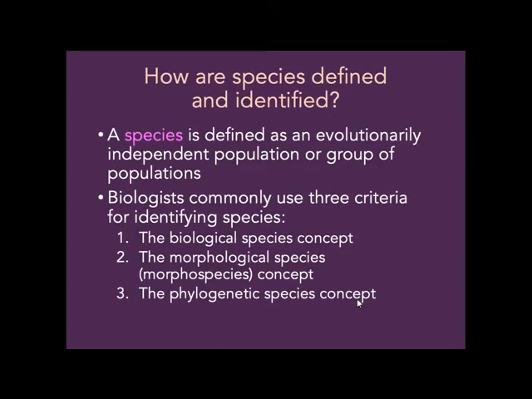Because we have kind of an idea in our mind what we're aiming for when we're talking about a species, but we have to use, in practical terms, different kinds of criteria for deciding whether one group is two species or two groups are one species, etc. So I'm going to describe these three different kinds of criteria we use to figure out if you have a species or an evolutionarily independent population or group of populations. So we have the biological species concept, the morphological species concept, which is sometimes called the morphospecies concept, and the